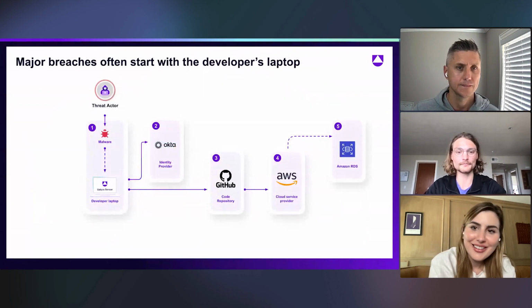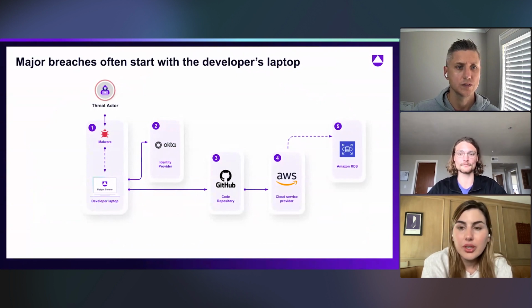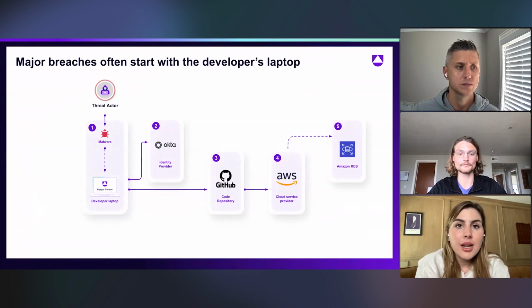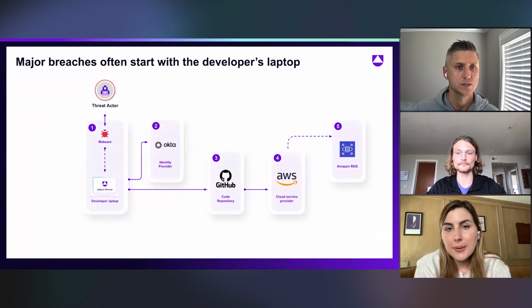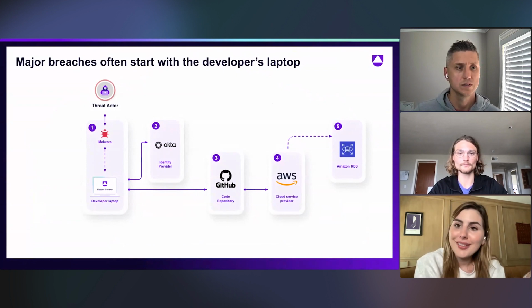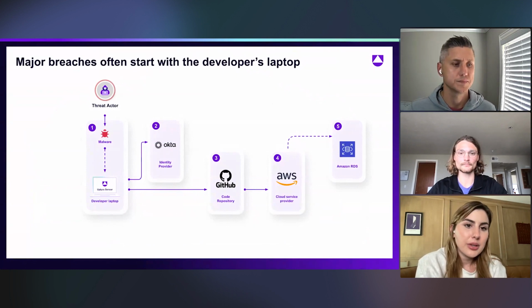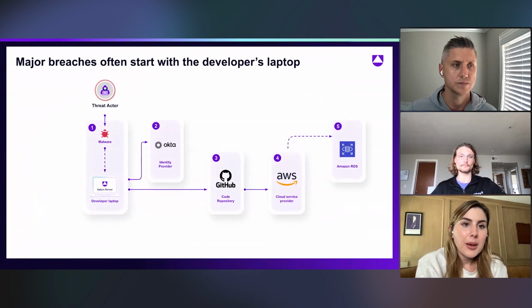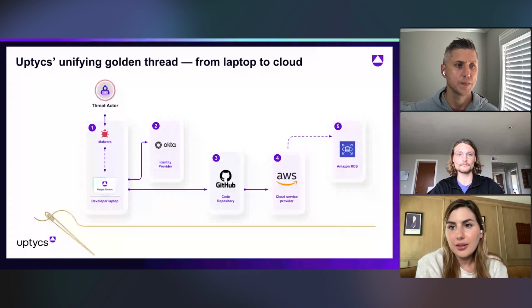So Crystal, I'd love to hear your thoughts on this as we begin the use case, on where these breaches often start, and just a little bit of background as well. Yeah, totally. Thank you. So on this slide, we're really talking about how a lot of major breaches start with the developer's laptop. Coming from a cloud native background, AppSec and DevOps teams in particular don't have a lot of insight or visibility into developer laptops, right? So there's this huge silo and gap. And so we forget that the laptop is also part of developer security, right? So we see these threat actors now targeting the laptop.